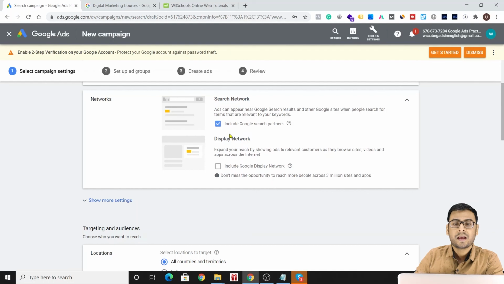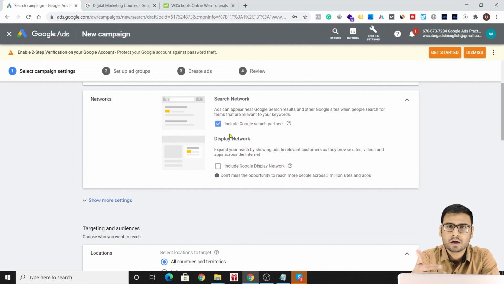But again, if we talk about the thumb rule, if we are going to run our Google search campaign, my recommendation is, although the scenario changes according to your campaign type, product, service and objective, my recommendation for the search campaign is never go for the display network.